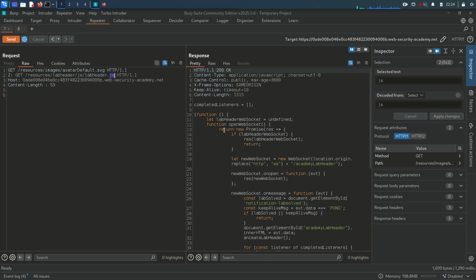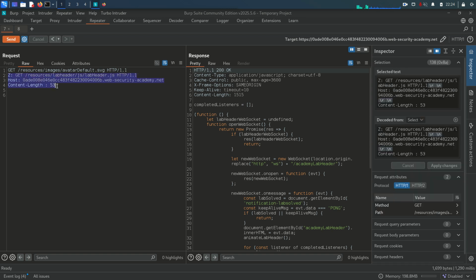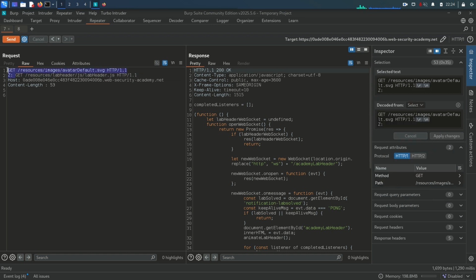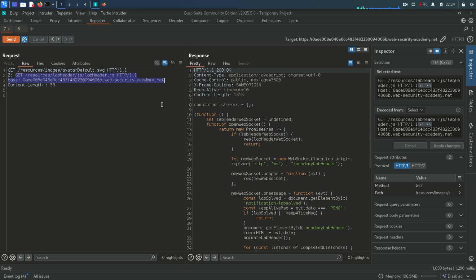So this is because the backend server basically interprets the content length, and the front-end server says, okay, the content length is 0, it will not see because of this space, and it will send only the headers to the backend server. So once it sends the header to the backend server, where the content length is 53, it will say, okay, this is the first request and this is the second request. Okay,